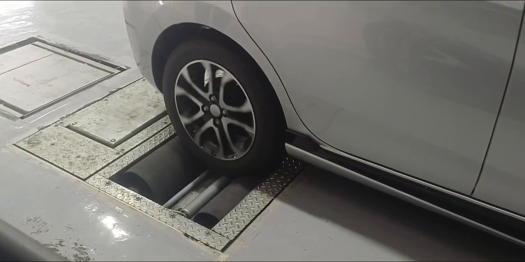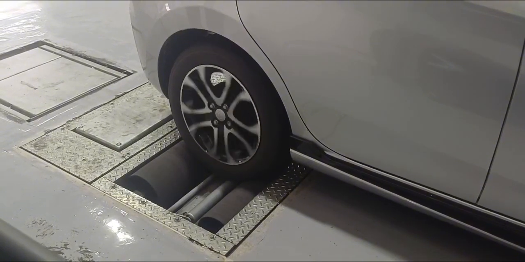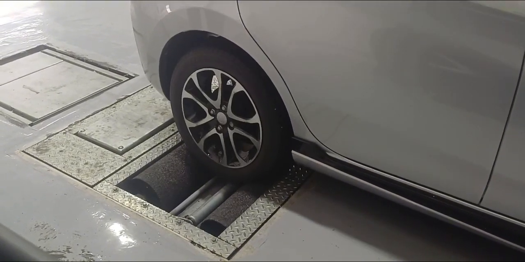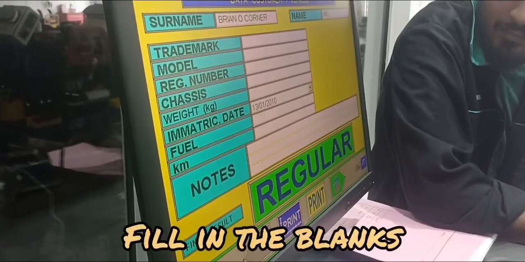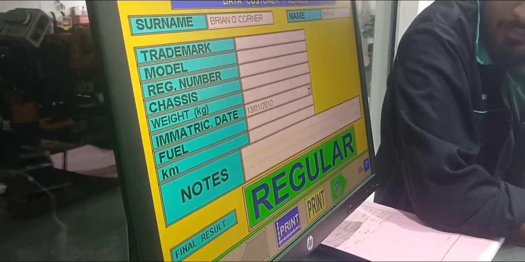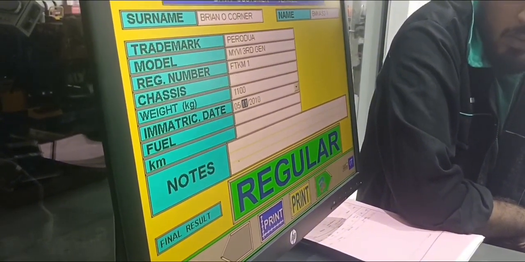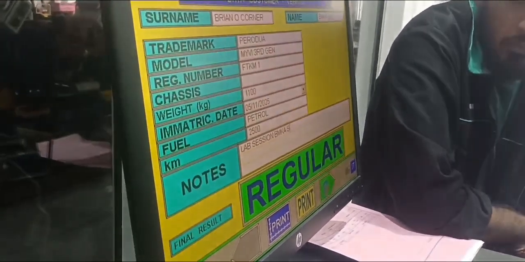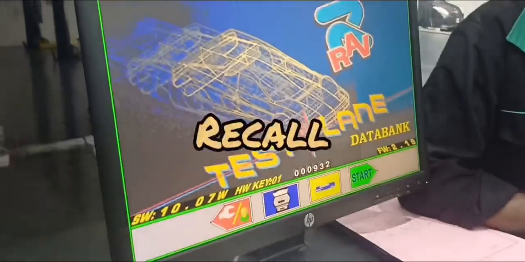And next, press the start button. Slowly press the brake pedal before you pull the handbrake. Now fill the form. Write down the type of car you use and the model, and then save the form you fill just now